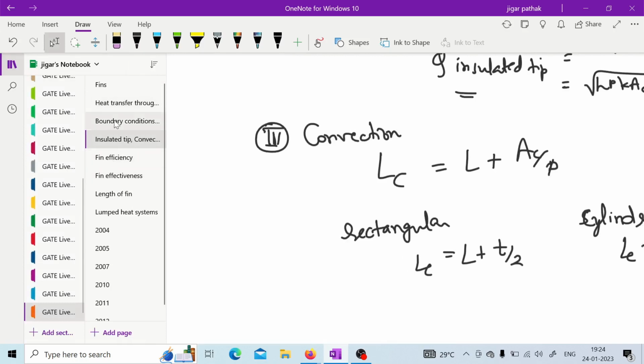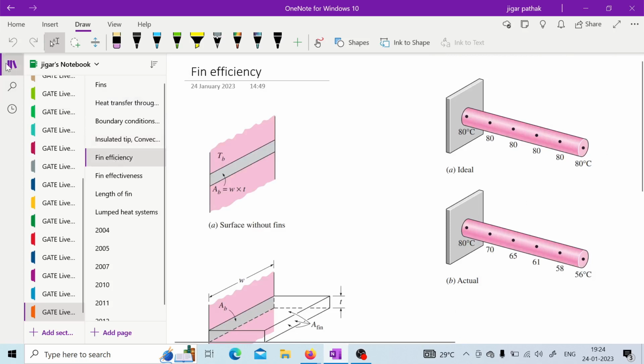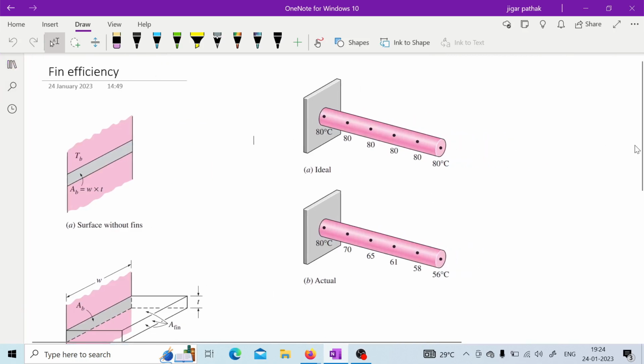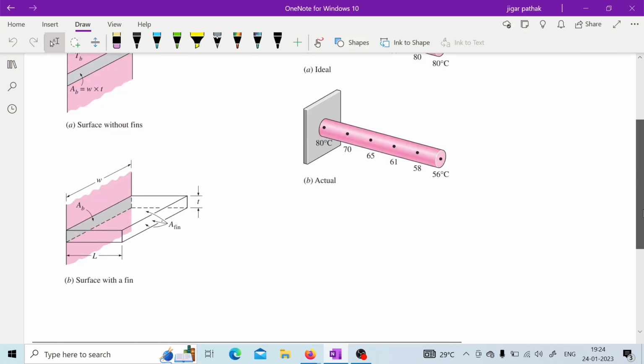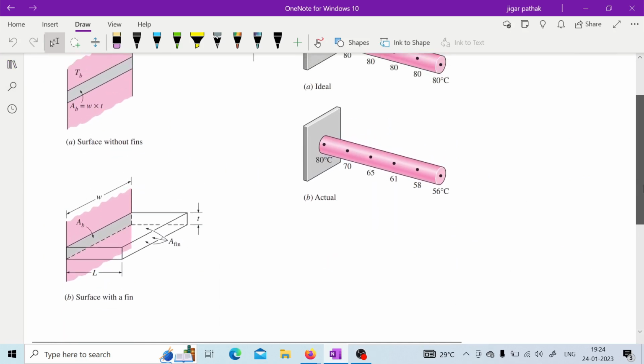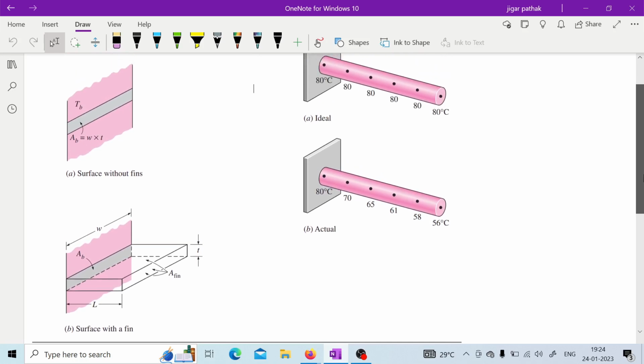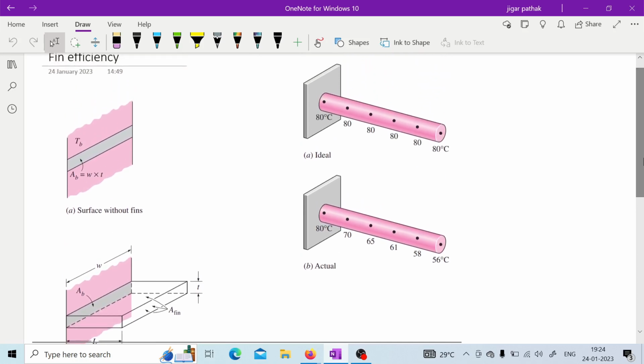Now apart from heat transfer and temperature distribution in a fin, you must have an idea about fin efficiency as well as fin effectiveness. So first we will see what is fin efficiency and then we will see effectiveness. So fin efficiency means, as you can see in